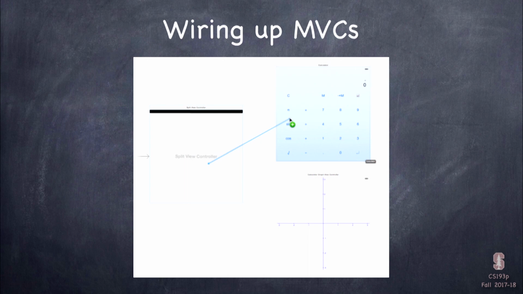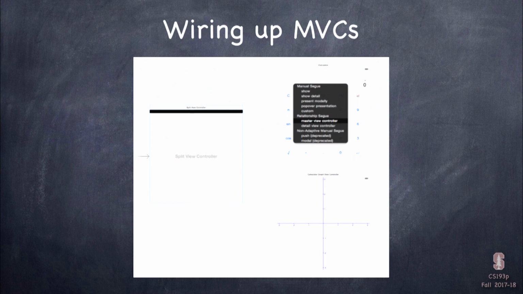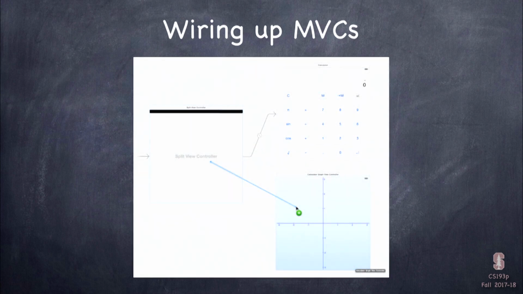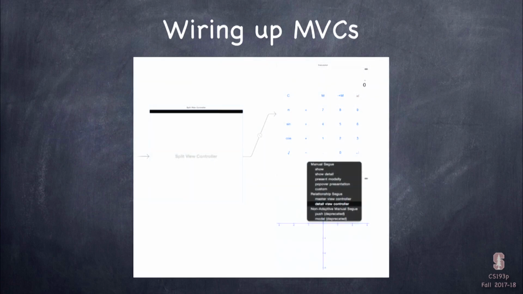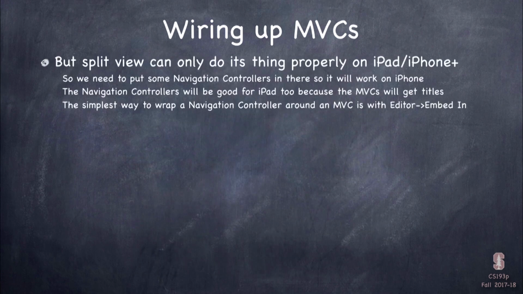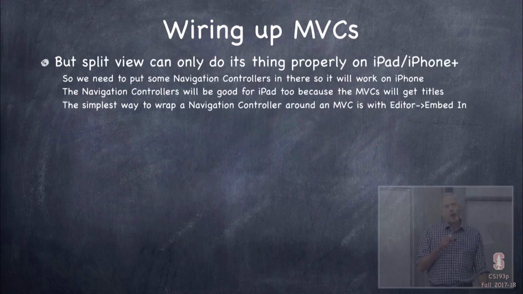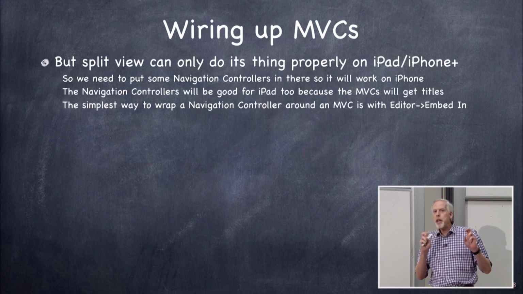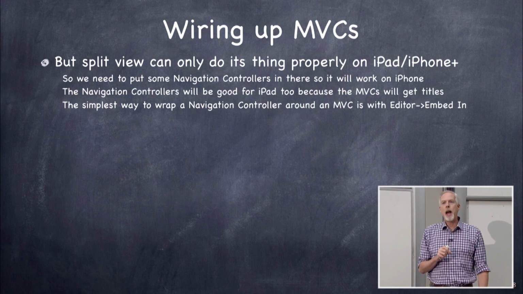Here's the calculator again. I dragged out a split view controller there on the left. I just control drag to the master. I choose master view controller from the thing that pops up. I control dragged it to the other one. I choose detail. Bam, I've got a wired up split view controller right there. Couldn't be simpler. Okay? Now, the split view can really only do its thing fully on an iPad, because there's